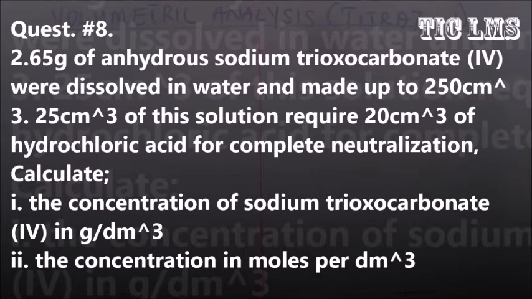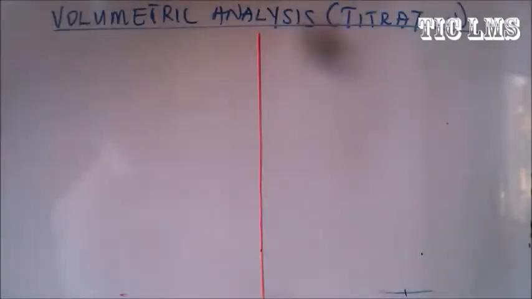Calculate I, the concentration of sodium trioxocarbonate(IV) in gram per dm cubed, II, the concentration in moles per dm cubed. Now, in this question, we have 2.65 gram of Na2CO3, which was dissolved in water and made up to 250